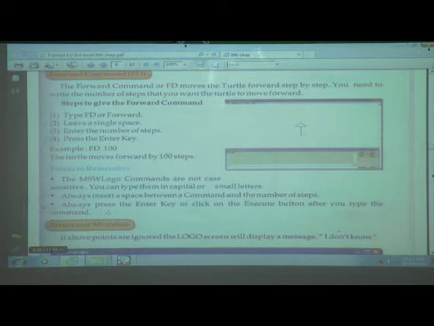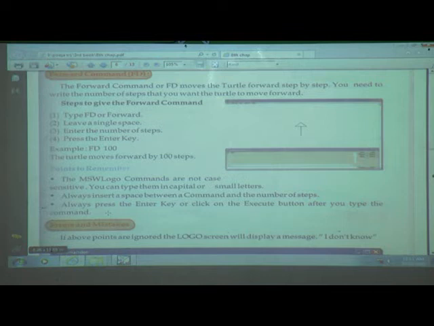But we must give a space between the instruction and the number of steps. It means the number which we want, if you want to write 100, 200, 300, 450, we can write any number. Between that number and these primitives we must give a space. And for execution we must press the enter key or the execute button.